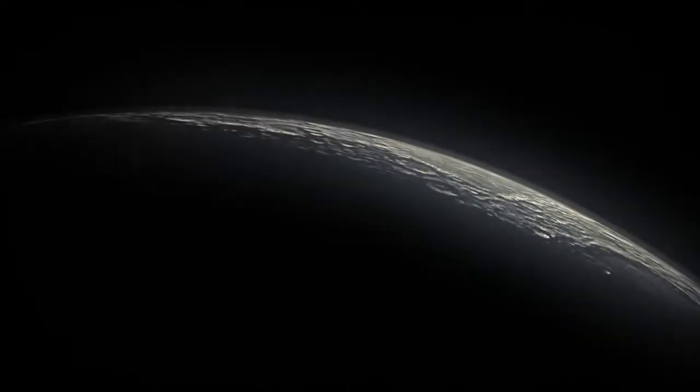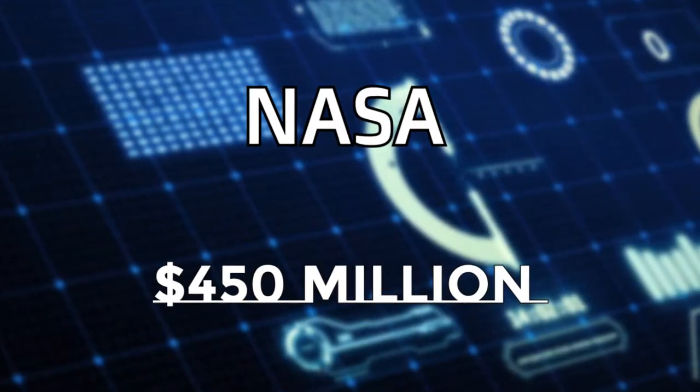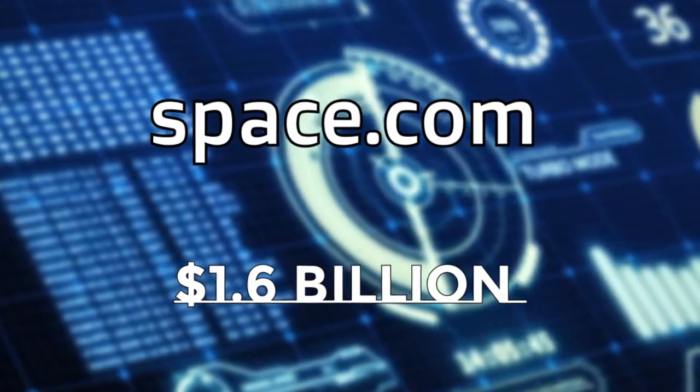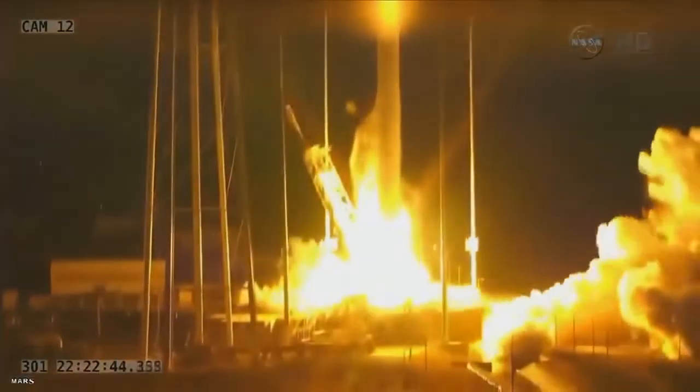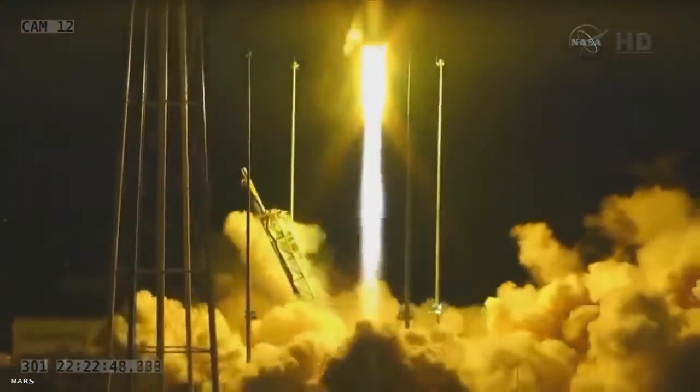Space travel, because of its high profile and expense, has been highly publicized ever since the space race began during the Cold War. NASA estimates that the average space shuttle mission costs $450 million. Space.com says it's closer to $1.6 billion. Either way, every delay of a shuttle mission costs Americans about $1.3 million per day, and each pound of space